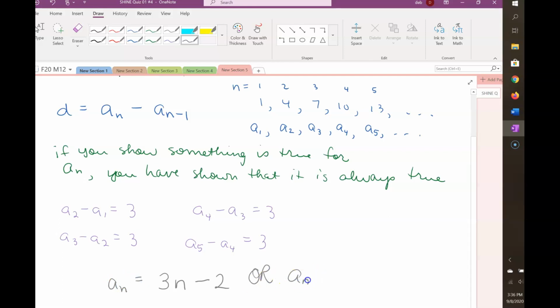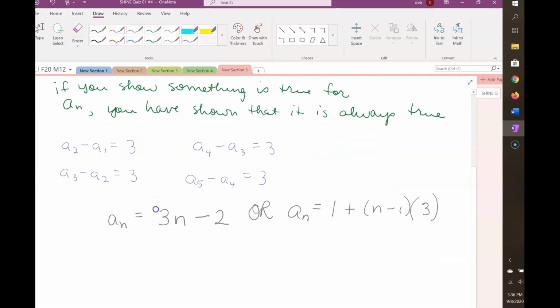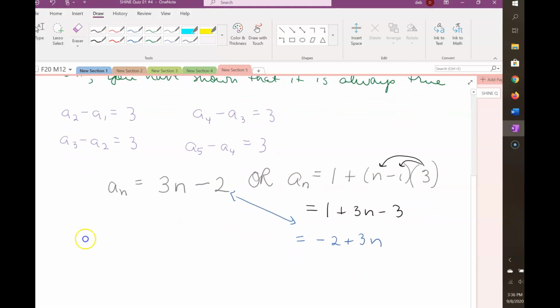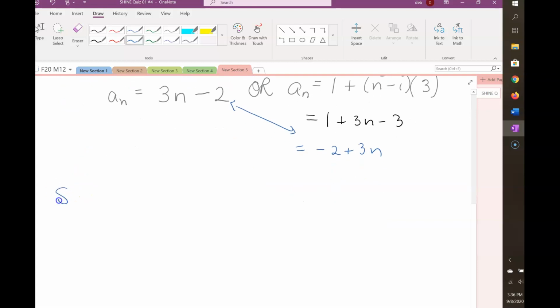Or it can also be written in that original formula we came up with as a sub n equals the first term, 1, plus n minus 1 times the common difference of 3. But look how these are really actually the same formula when I do 1 plus 3n minus 3 by distributing the 3. Then I get negative 2 plus 3n. And you see that these are really exactly the same formula. So it doesn't matter which one you use, but what you need to show